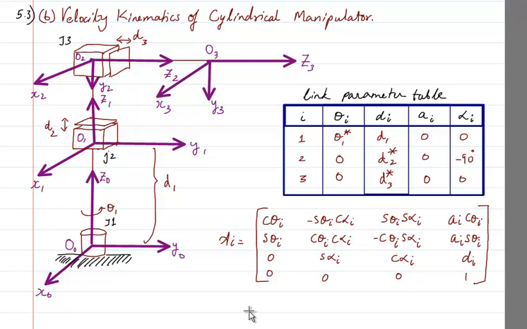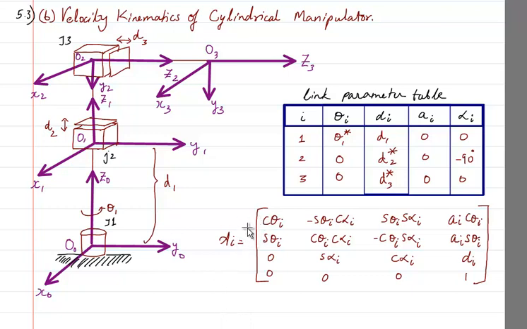Hello everybody. Next, let us look at how to find out the velocity kinematics of a cylindrical manipulator. Now you might remember this image of the cylindrical manipulator. This is again the same image from when we did the DH convention for finding out the forward kinematics. For finding out the velocity kinematics, as I have discussed previously, we require the same link parameter table, and